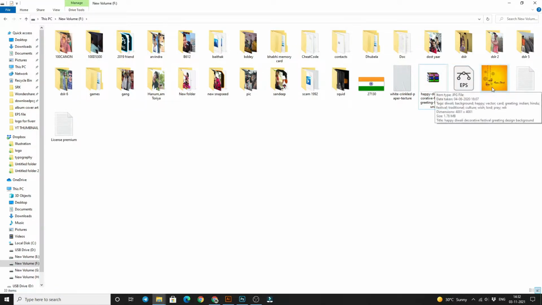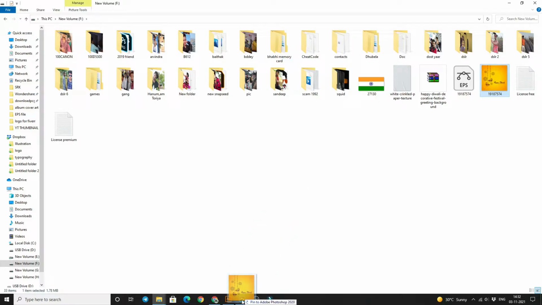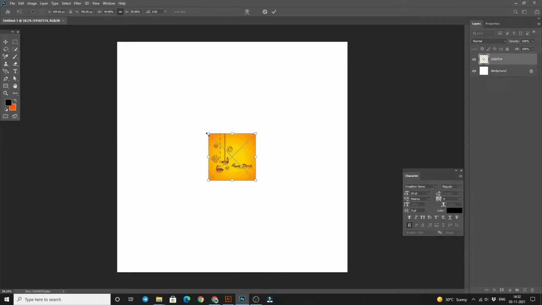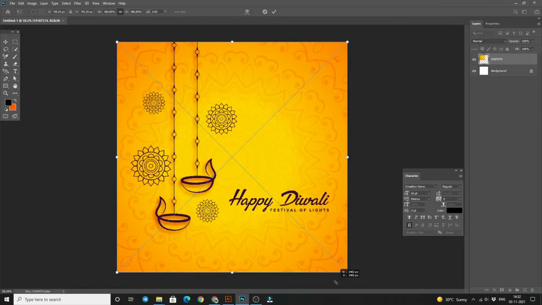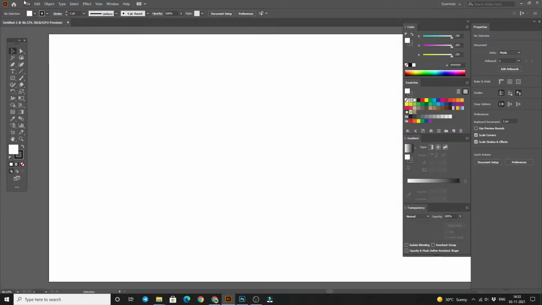But we are going to create the poster using the JPEG form of it. So just put it here, drag the size of it and adjust it according to our need. So it is complete, mostly our design is completed. If we want to add our logo, then we can add it. So I'm choosing the logo here.